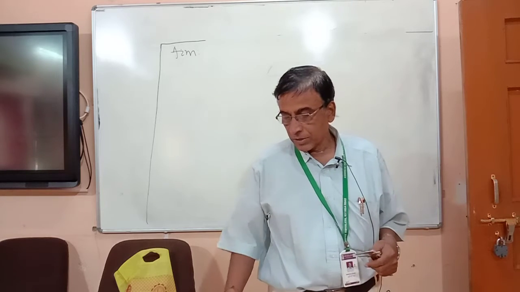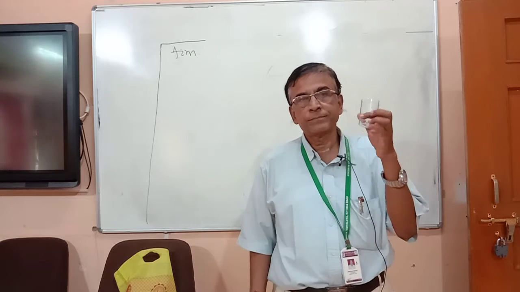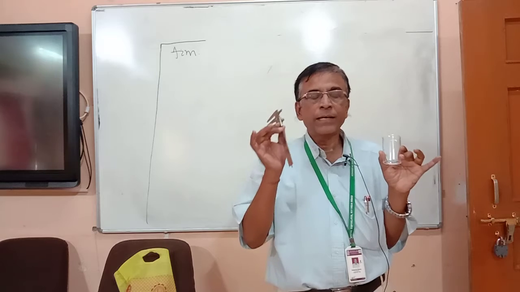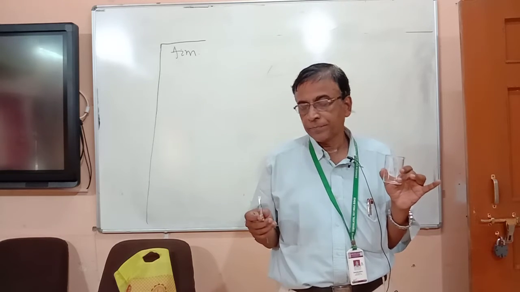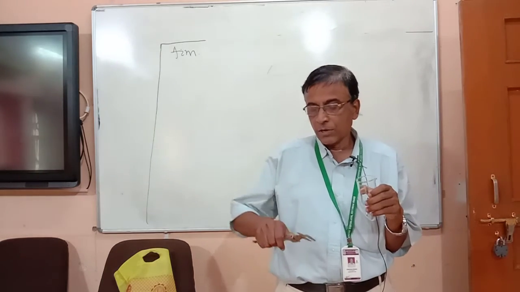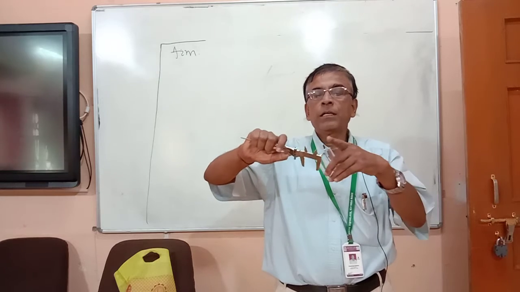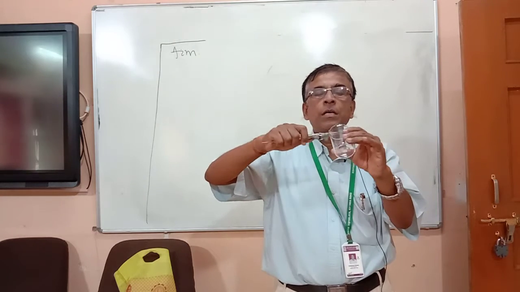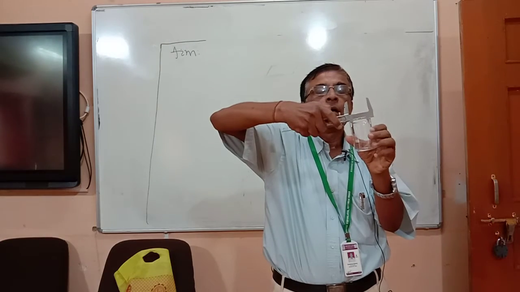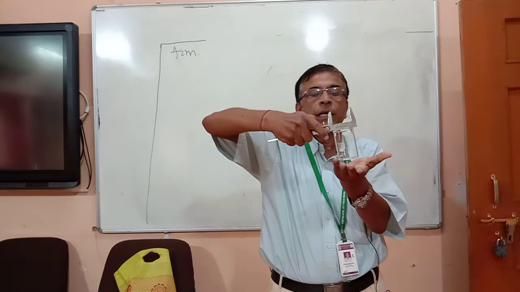So we have to find out the volume, or capacity, of this beaker using slide calipers. This is the topic today, and we start with the upper jaws. You see, this is your slide calipers, and these upper jaws are used to find the internal diameter. So this is your internal diameter.